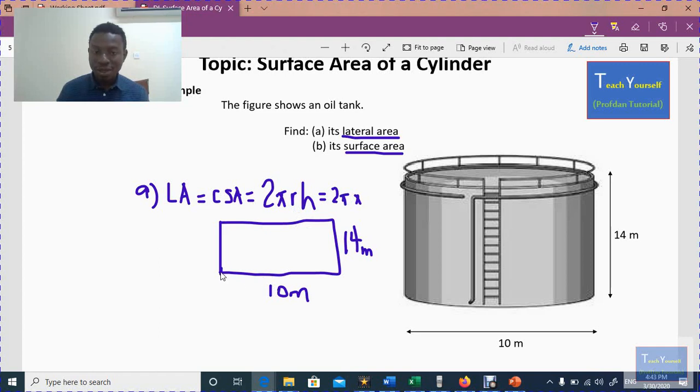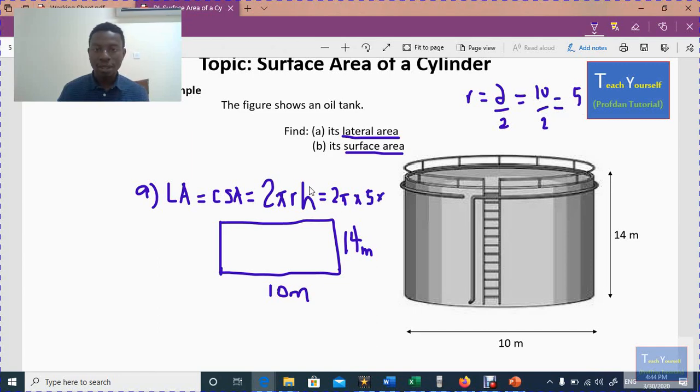From this point to this point is the diameter. Look at the circle, this length is the diameter. To find the radius, remember, radius is diameter over 2. So that gives us 10 over 2, which is 5. So I have times 5